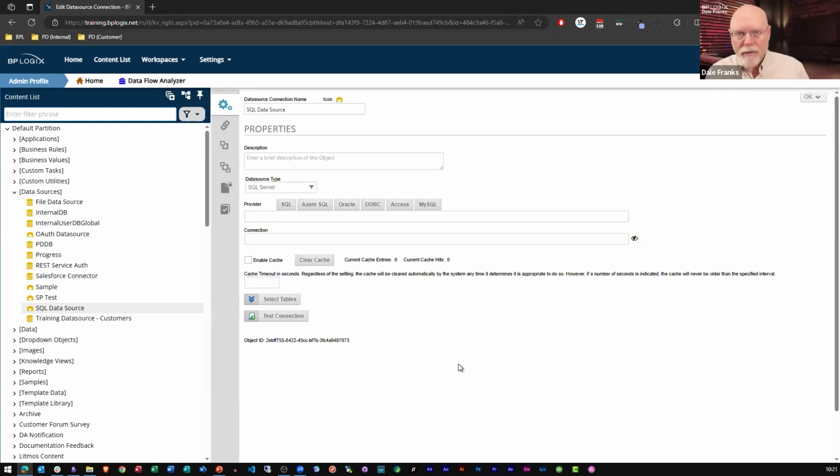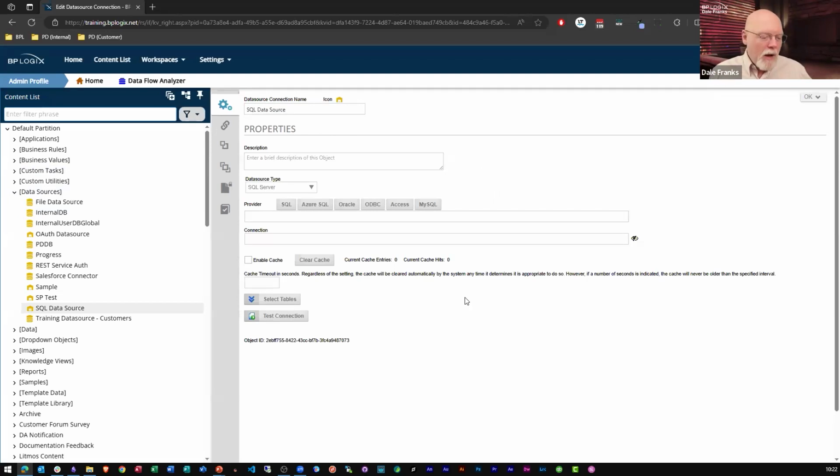The number of records obviously might be different. On my development staging system, I might be using a training database using this data source name, SQL data source. Whereas on my production server, this data source would be pointing to live data and potentially many more records, all of it real. And I don't want to expose that data on the dev or training side because I don't want it unnecessarily accessed. It might contain PII or FERPA or HIPAA data of some sort, and I've got to be very careful about how that gets exposed.